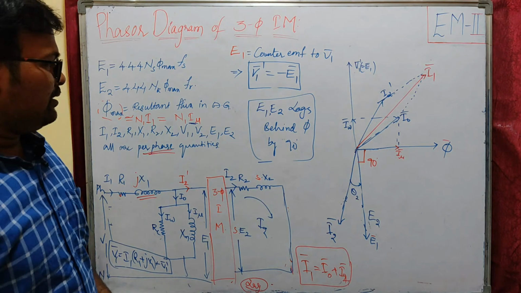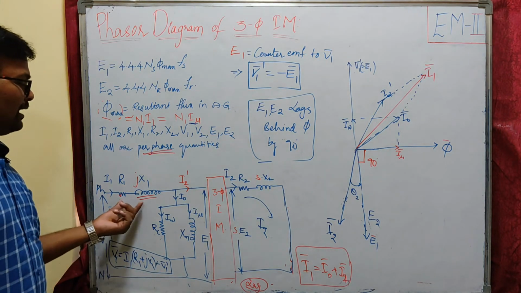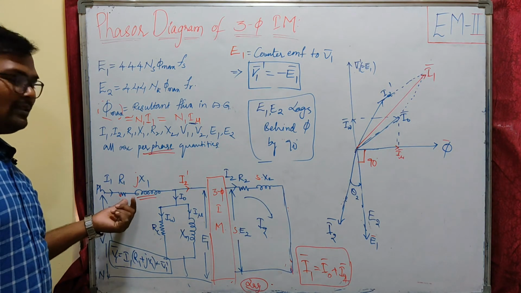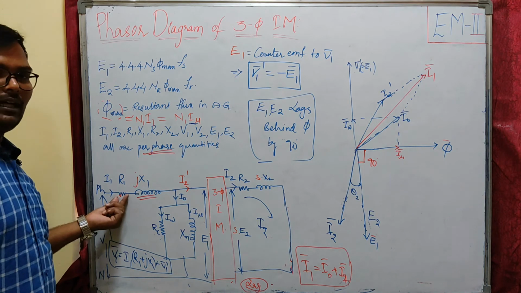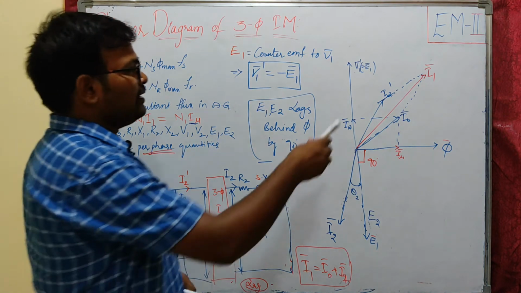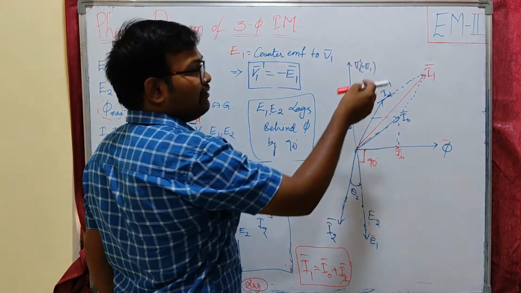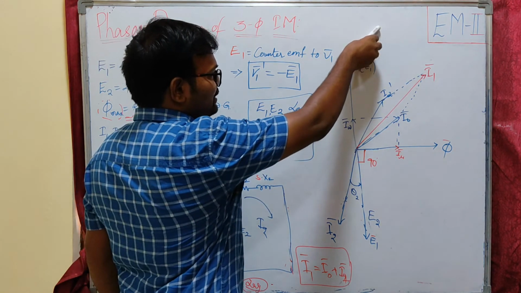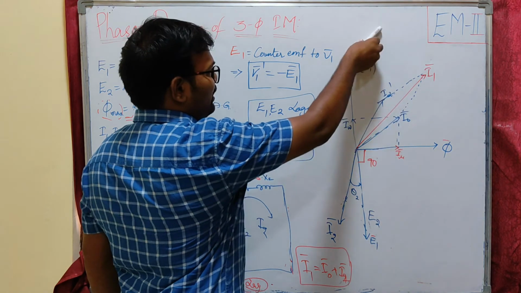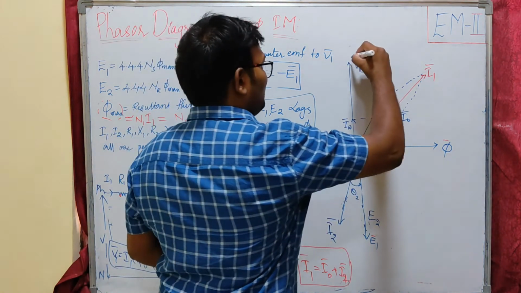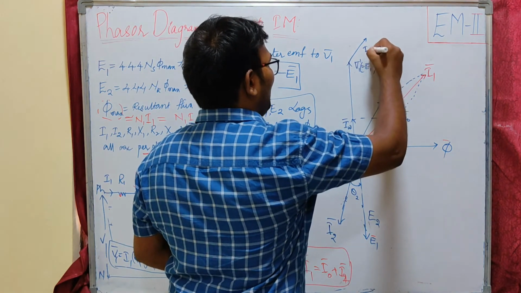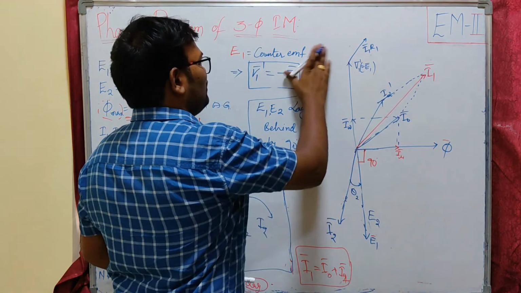Now we are left with our impedance term. Whenever our I1 passes through R1, we will get some voltage term, that is I1 R1. Our I1 R1 will be parallel to this current I1. I am going to add the I1 R1 here so that I can get V1. I am going to add the I1 R1, which should be parallel with this I1 current. This is my I1 bar R1 impedance voltage term.